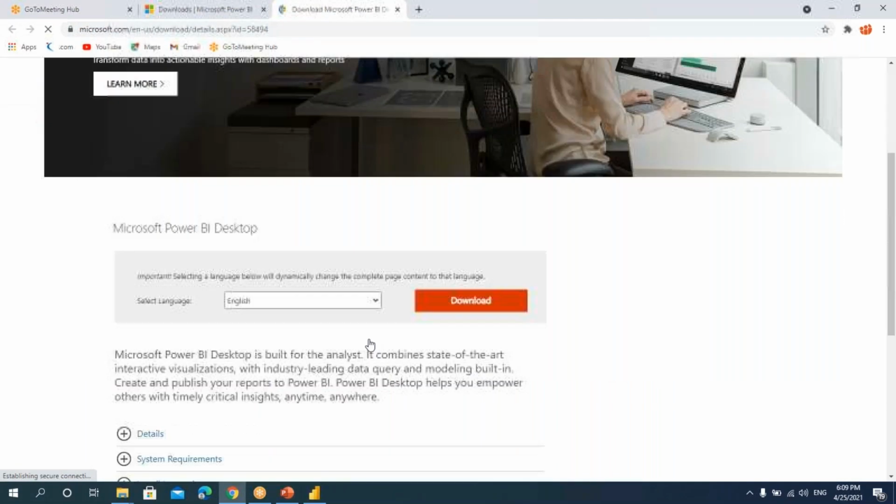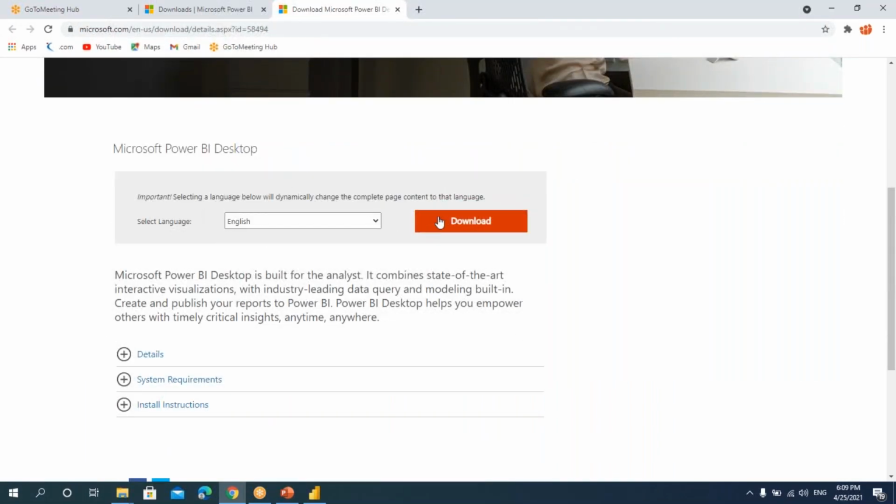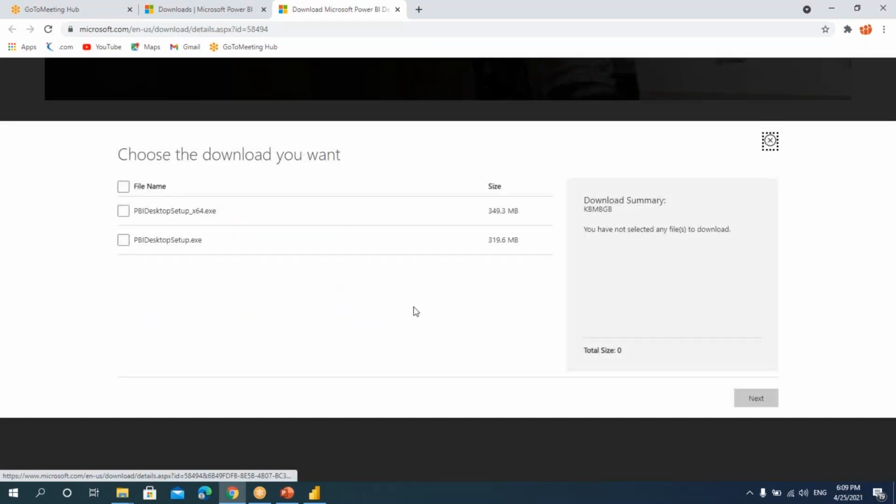Once I click on this, I will get a button, a link to download the software. Just click on this. Here we'll have two versions. One is 64-bit and the other one is 32-bit. So depending on your system, you can download this and install it. And this is completely free. You don't have to pay anything.